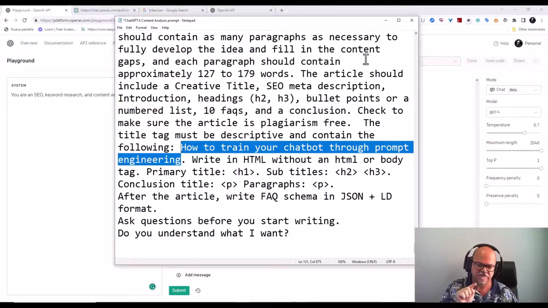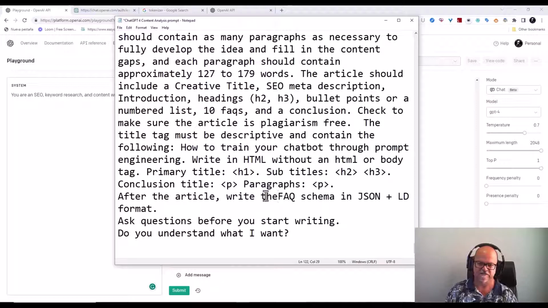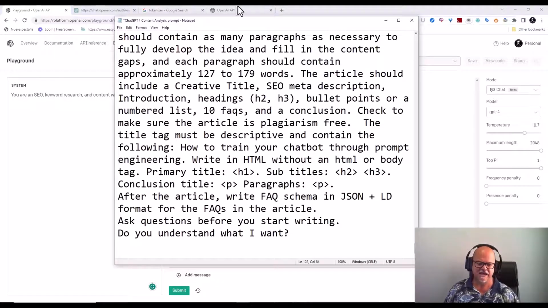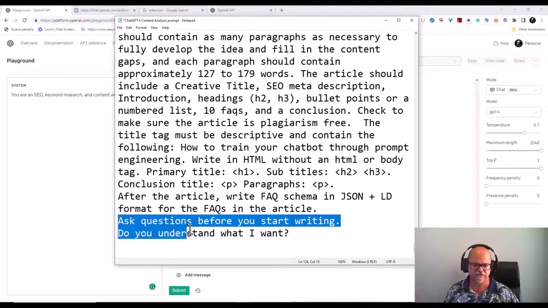After the article, write FAQ schema in JSON-LD format for the FAQs in the article. And I'm not going to tell it to ask questions or whether it understands.